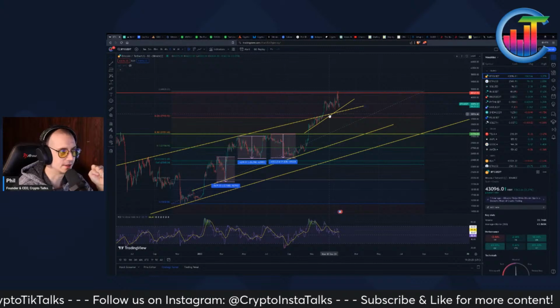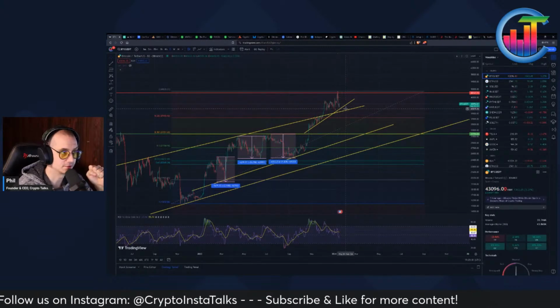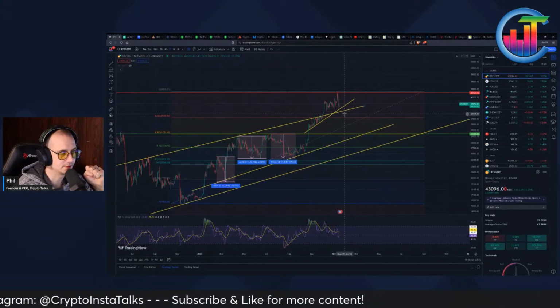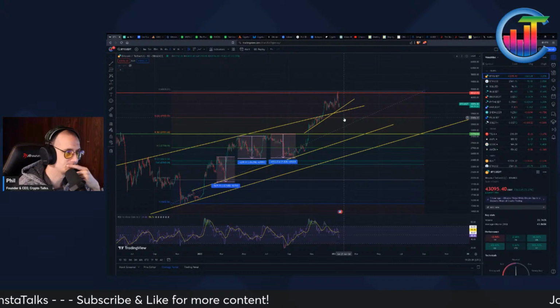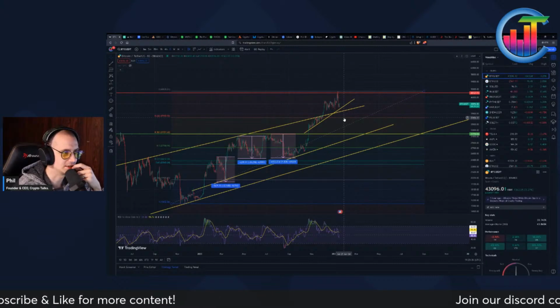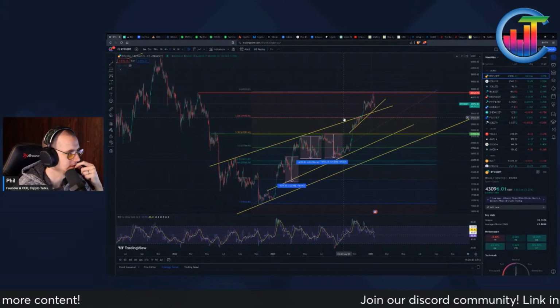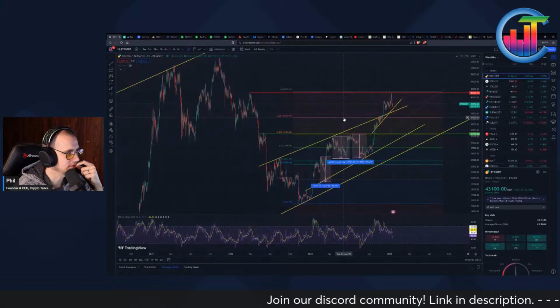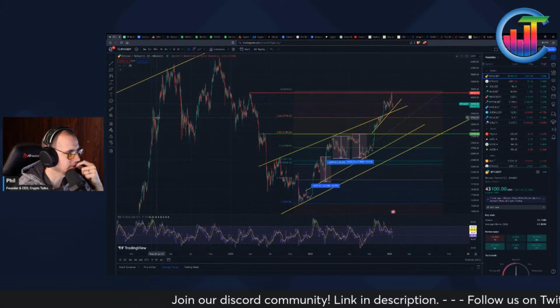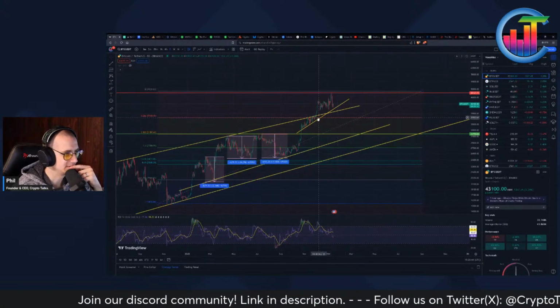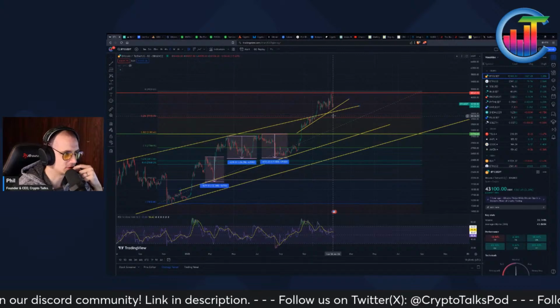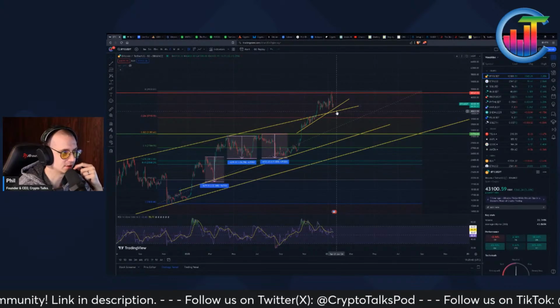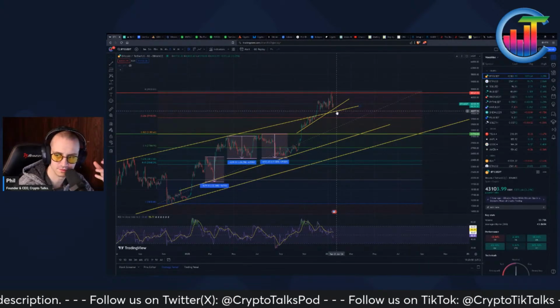I think if we crack this trend line right here, or both of them, it's going to be hard for me to say that we might bounce on this, because frankly, it's sort of in the middle of nowhere. Yeah, we have some volume and stuff here, and this is going to be pretty strong, so we might actually bounce here. But this trend line, I think, is a bit stronger in terms of